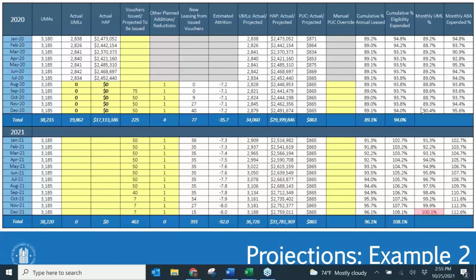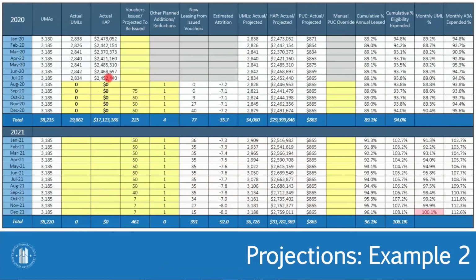All right, on this next projection, what I'm trying to show you is how you should look at your voucher program and determine how many vouchers you need to issue on a monthly basis and project it throughout the current year as well as the following year, so that you can see the impact it's going to have. Obviously these numbers aren't going to change much as it relates to our cumulative percentages. But as it relates to our cumulative percentages down here,